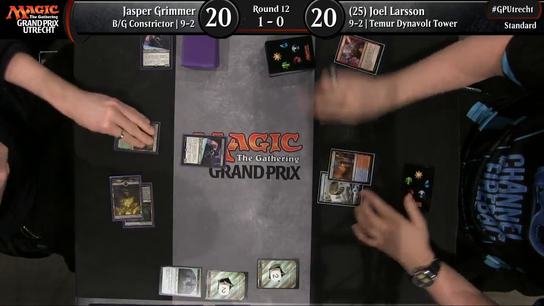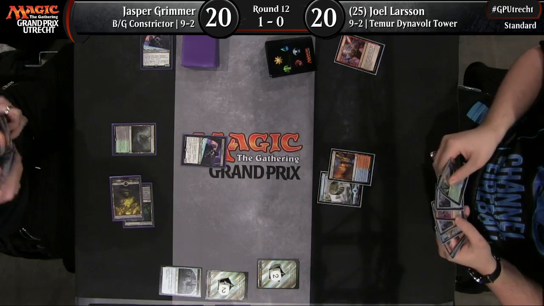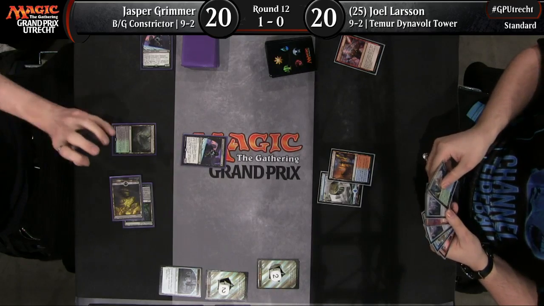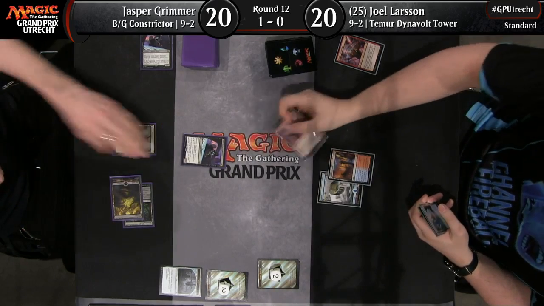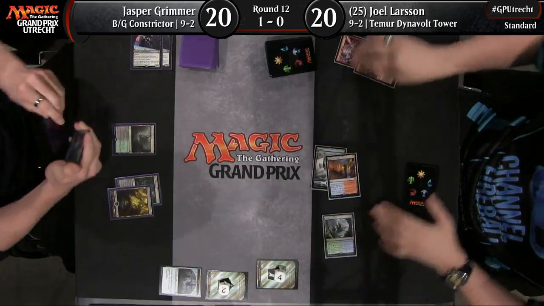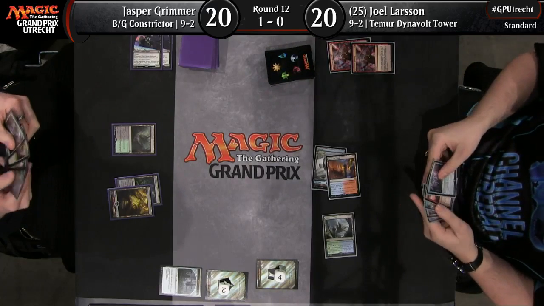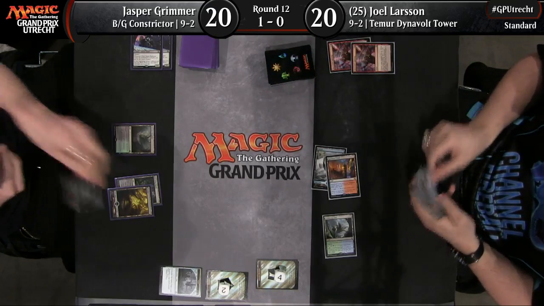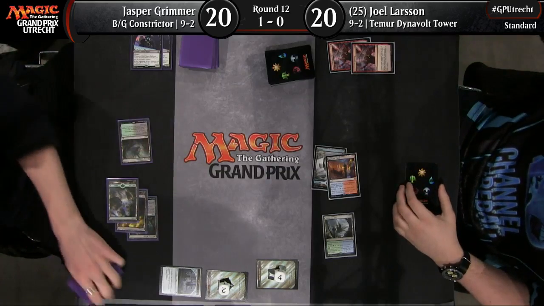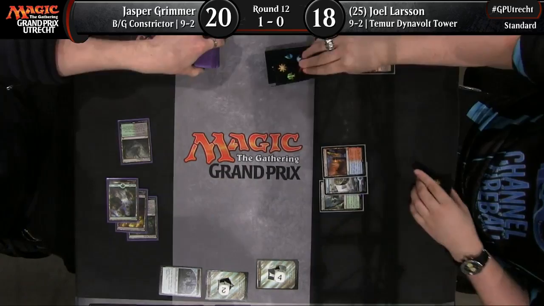He does have another Harness Lightning to deal with the Glainsleeve Siphoner and draws a Lumbering Falls. Whew, that was close. He's just about got away with it and deals with another one of those 2/1s with one of his premium removal spells. Oh yeah, definitely. And it might end up hurting him in the long run, especially when trying to deal with Verdurous Gearhulks. Oh, look at that, but Jasper Grimmer has no way to punish the slow draw from Joel,